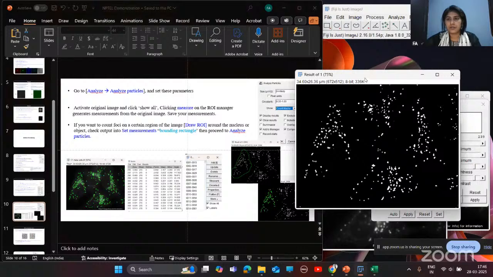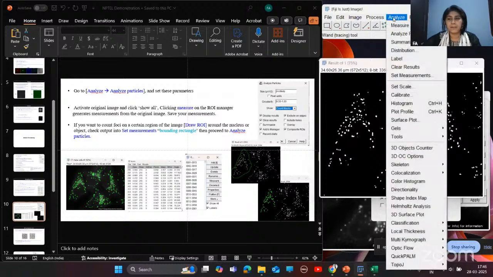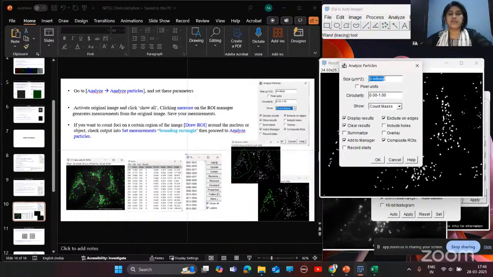And then next, to quantify all these foci, you need to go to analyze particles, and here you need to give these values 0 to infinity, and circularity 0.00 to 1, and here we will select count mask.